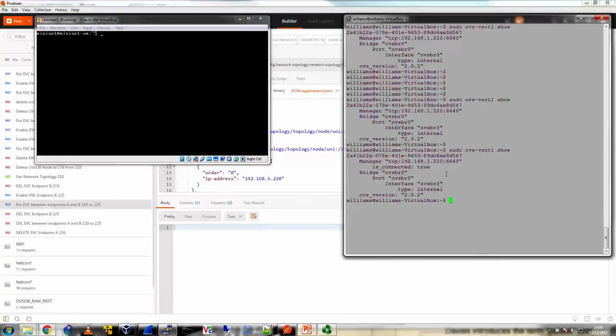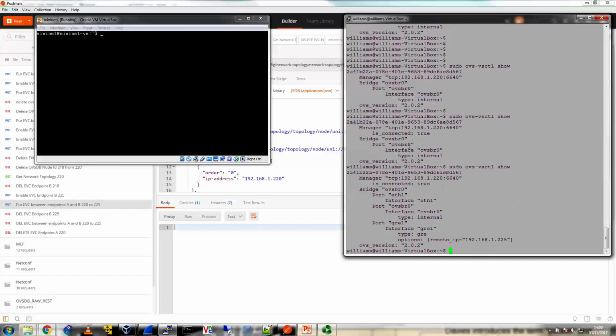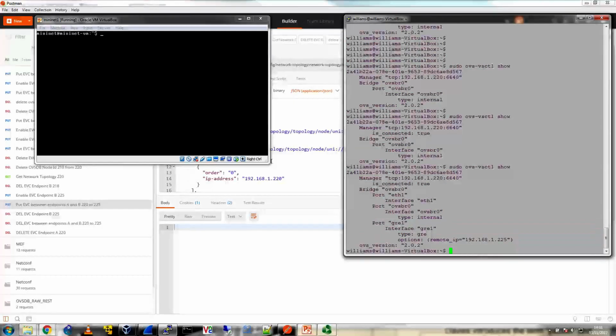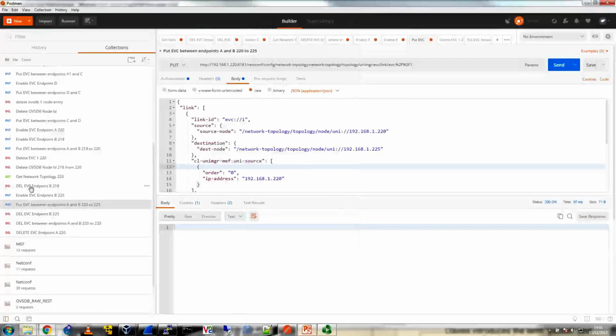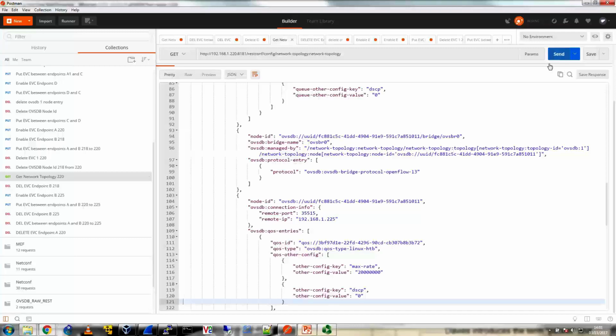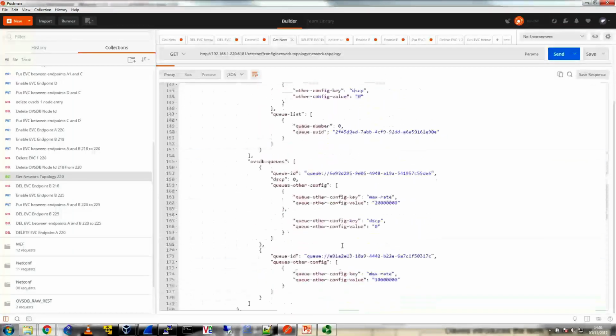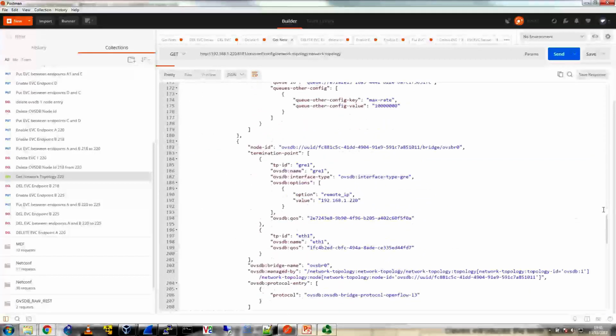Right, now if we have a look at that, we've actually got the GRE information. But to be honest with you, that is due to the fact that there was a little fault. If I take you back into here, look at the topology and have a send, we can see against the endpoints, if we scroll down,